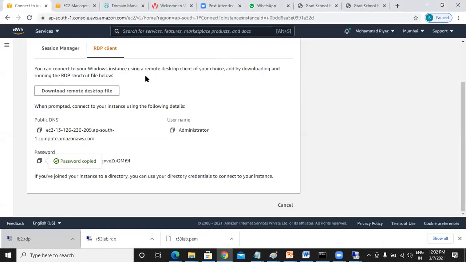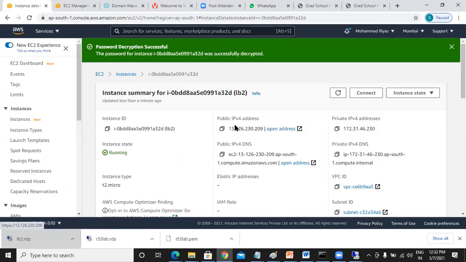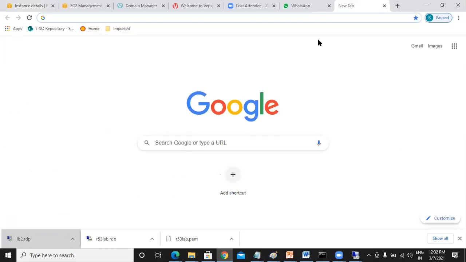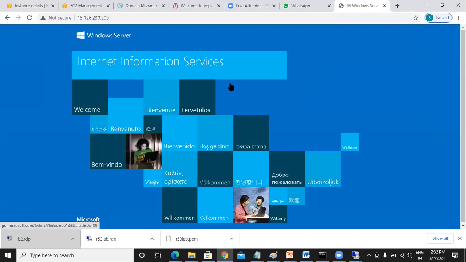So I'll go to the top, EC2, and let me copy this in the browser. I scroll down, Control V, right? I'm able to access the website, right? So I got the basic page.